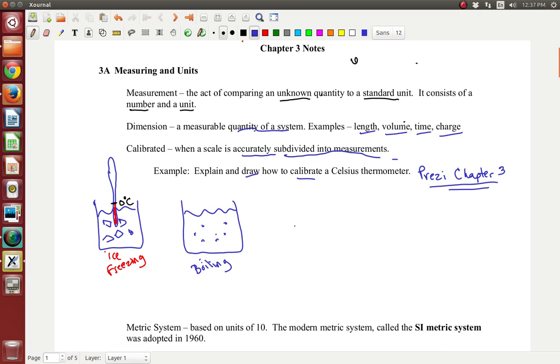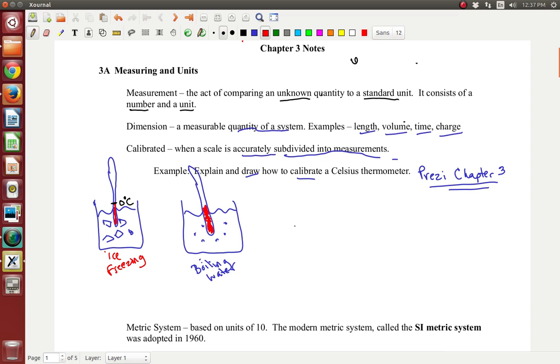And so again, this is boiling water. This was freezing water over here. This is the second fiducial point. We put our thermometer down into the boiling water. We have our liquid that had gone up a certain amount at freezing. Well, now because of thermal expansion, because when things get hot, they expand,